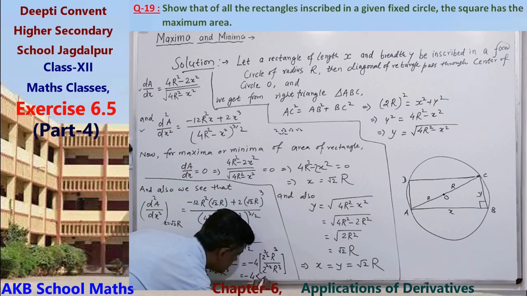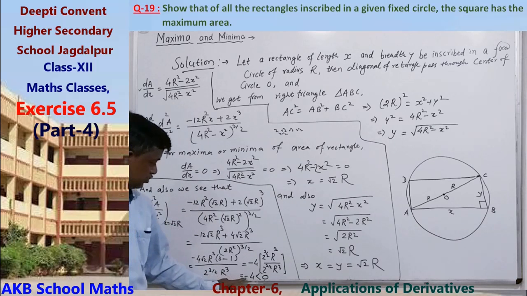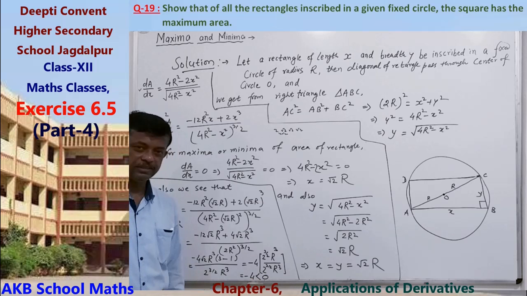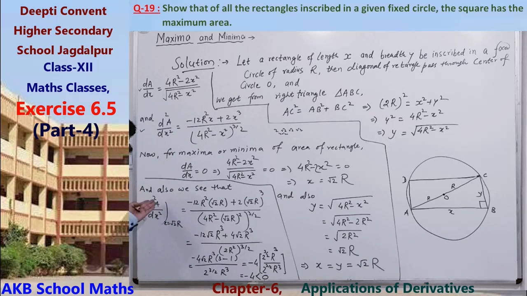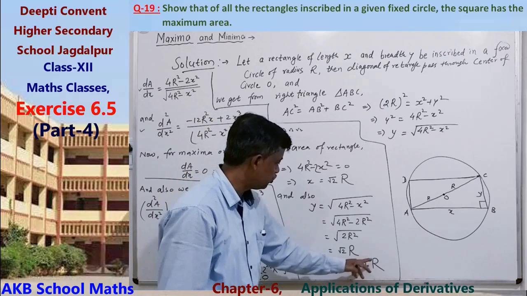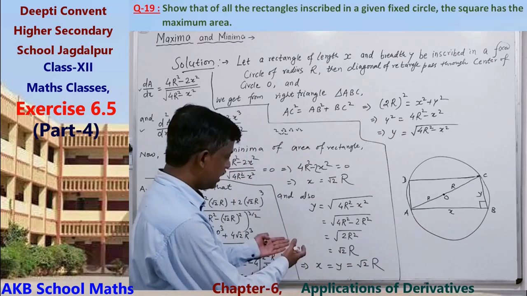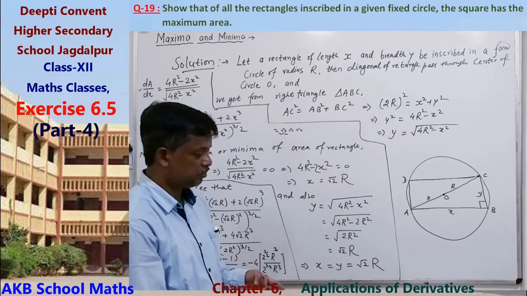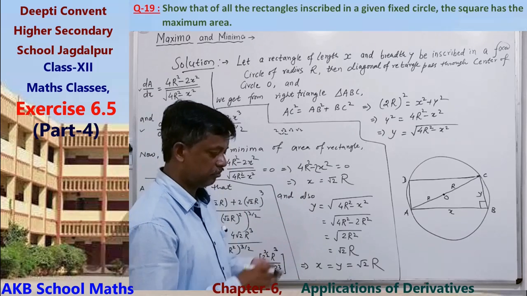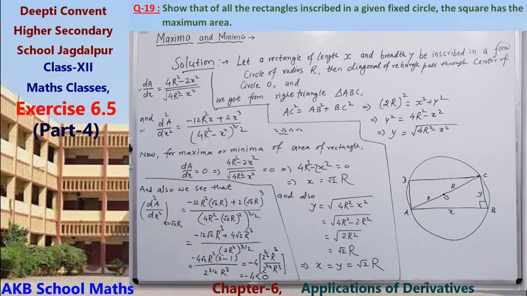This is less than 0. Second derivative at x equals to this equals to minus 4, less than 0. That is, area will be maximum at x equals to root 2r. And x and y are equal. Thus we see that x and y are equal. That means rectangle is a square for maximum area. So thus we can write